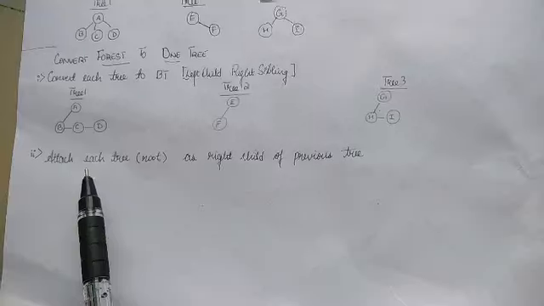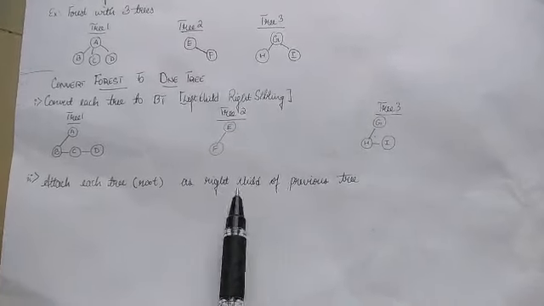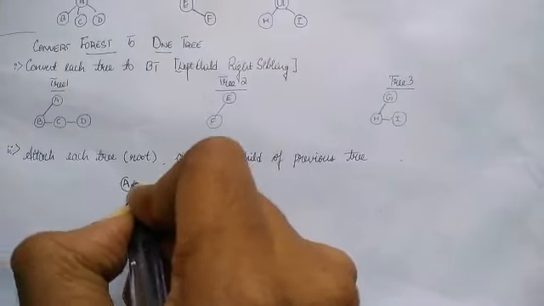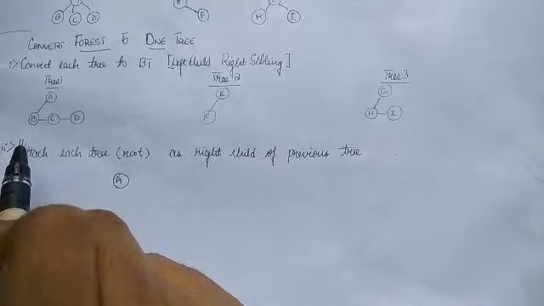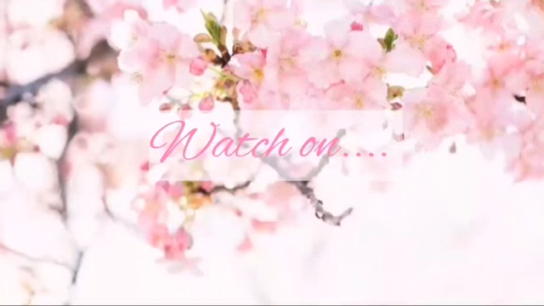Second step is to attach each tree's root as the right child of the previous tree. So for this, consider the node A and its left. Now we can add the child nodes of tree 1 in the degree 2 way of representing trees. Then add tree 2's root as the right child of node A. And then node F can be attached as the left child of node E. Hence, we can attach the next tree, that is tree 3, as the right child of the root of the previously attached tree.